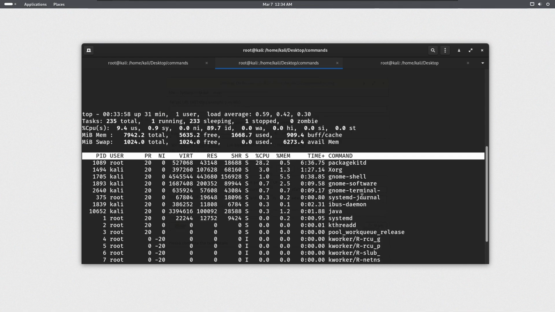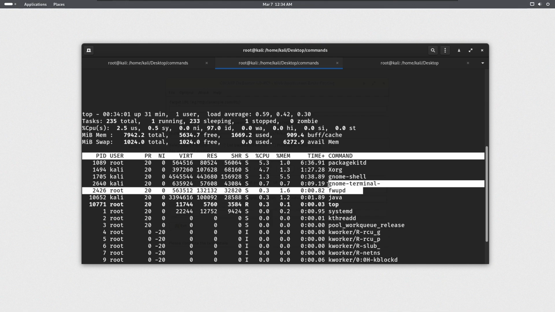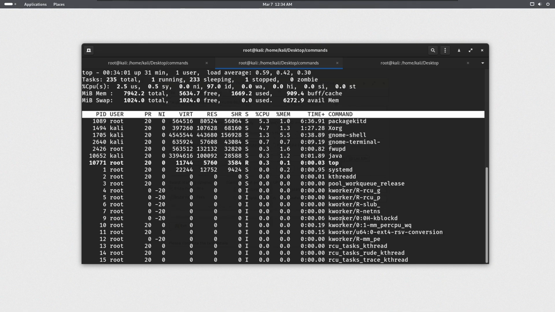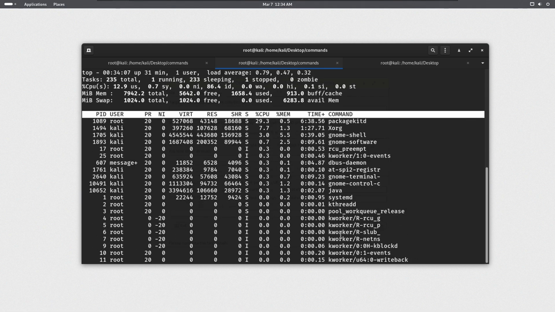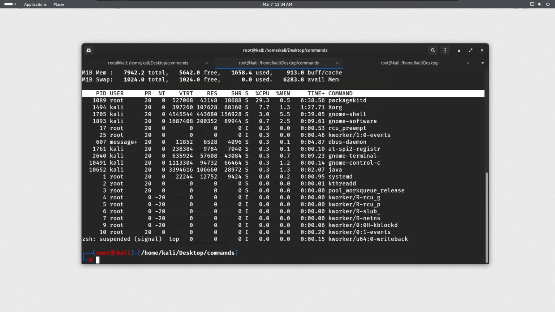It seems like it has a genome terminal, so it's okay, I'll leave it right now. The important thing is that you have the knowledge of how you can terminate any particular command, any particular process. You can do it with the help of kill, then you just need to provide the process id and press enter,